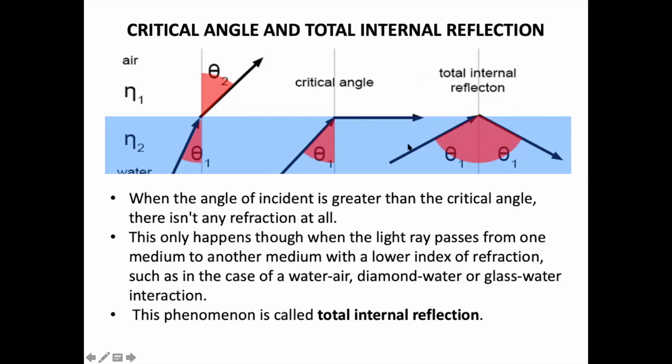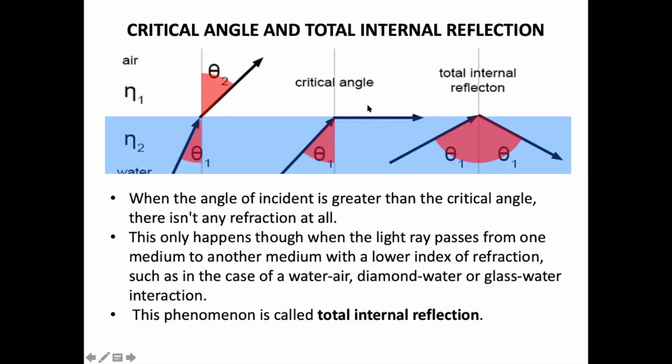And after some time, what is going to happen? The ray of light, when it is refracting, is making a larger angle. A time will come when it will pass only along the surface. What is a critical angle? A critical angle is an angle whose refracted angle is 90 degrees. So this is a critical angle. Theta 1 is the critical angle. It is between the normal and the incident ray.